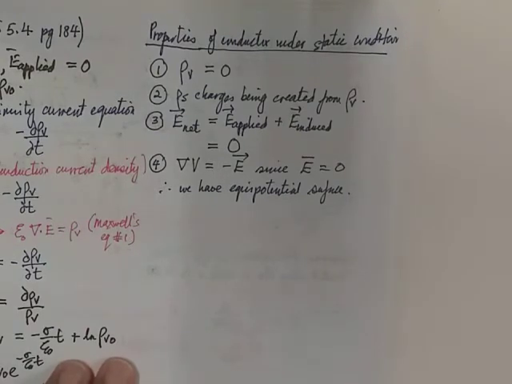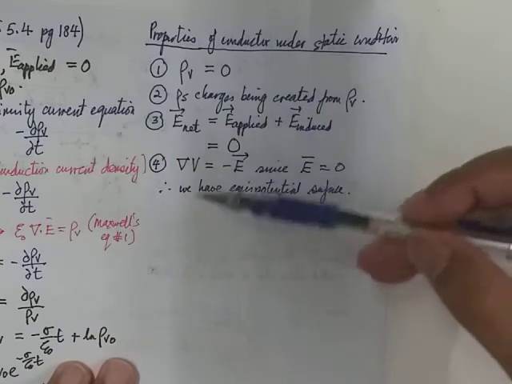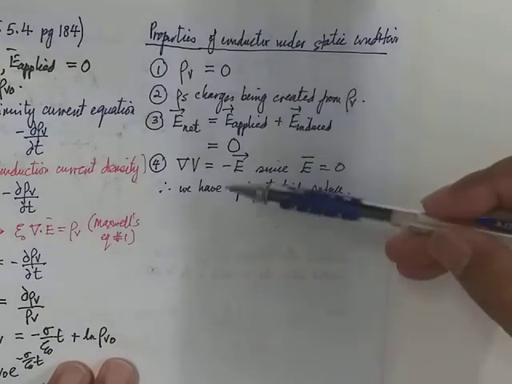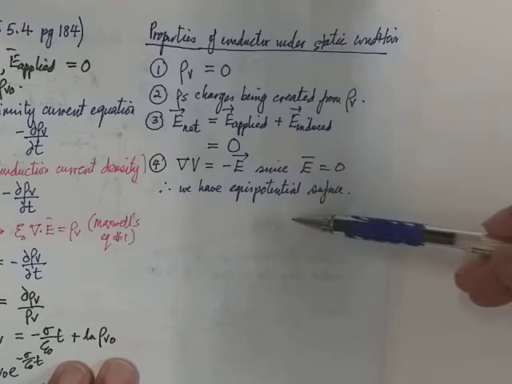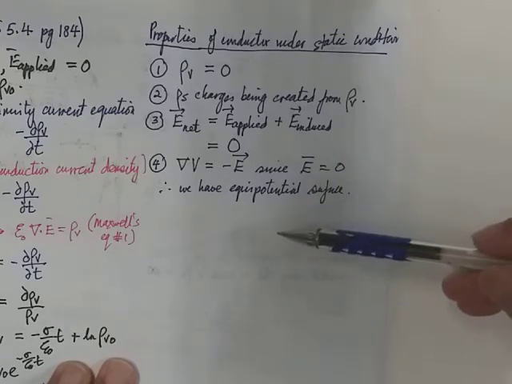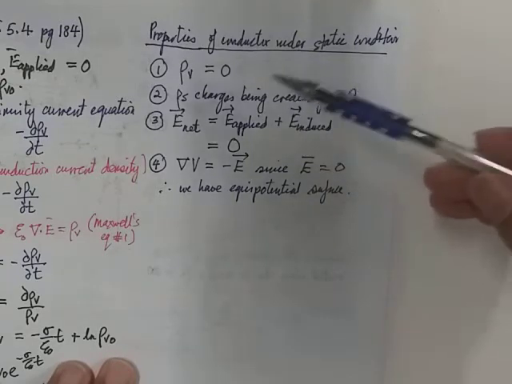So that's the conclusion: what happens when conductor material is exposed to an electrostatic field. Four main characteristics as indicated here. So please go through these